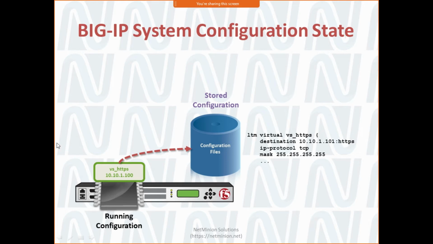Okay. So it is showing you that if you are configuring a virtual server through the GUI or through the configuration utility, it is also getting saved into your stored configuration, into your configuration file. So every configuration is getting stored into a couple of file systems. In the background there are some different file systems. So we will be talking about them. Don't worry, later on in our subsequent classes, we will be talking about them.